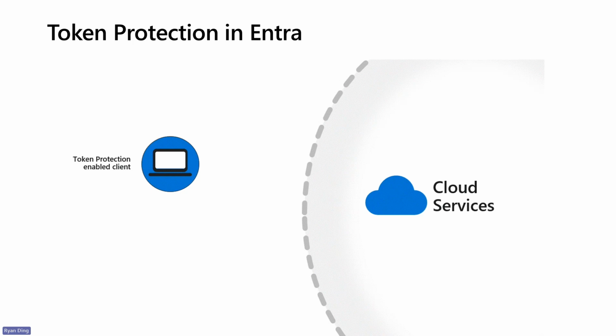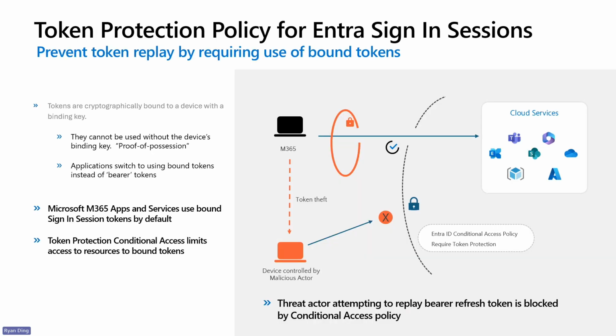So when a user registers a Windows 10 or later device with Microsoft Entra, a PRT is issued and cryptographically bound to that device. This binding ensures that even if a threat actor steals a token, it can't be used from another device, right? With token protection enforced, Microsoft Entra validates that only bound sign-in session tokens are used by supported applications, right? So the issue with